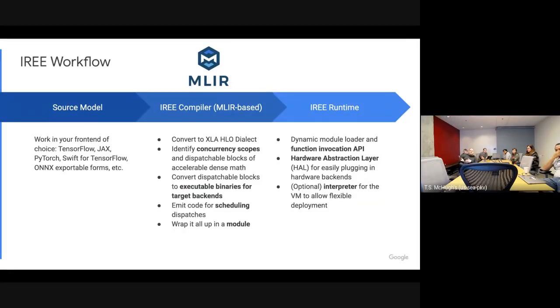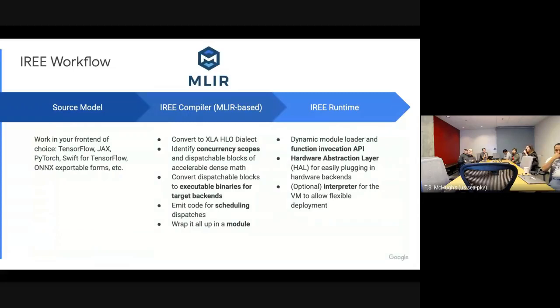and kind of throw that over the wall to the runtime. And the real goal here was to get a very strong separation between the compiler side and what we actually produce in this shared object-like module, and the runtime side, which, as opposed to traditional ML runtimes as you'd see them, that are very aware of the ML-ness, right? They might have a first level, primary tensor representation. They might know about ops, whatever ops are, and op registrations and things like that. But our runtime here really is just a shared object loader for loading these modules that we've compiled.